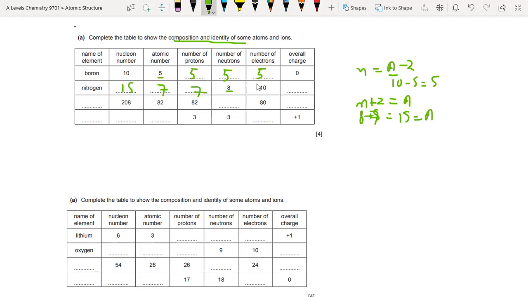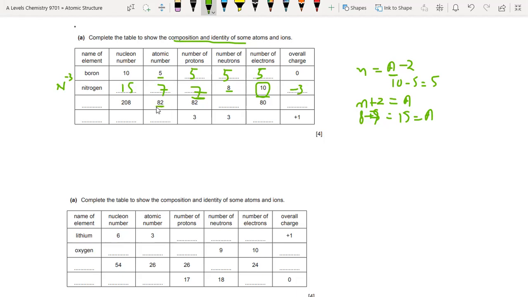What will be the charge if the number of electrons is 10? Number of protons is 7, number of electrons is 10. It means 3 electrons are more than the number of protons, so it will carry a minus 3 charge. It means it is a nitrogen ion. What is it? Nitrogen ion. Next,